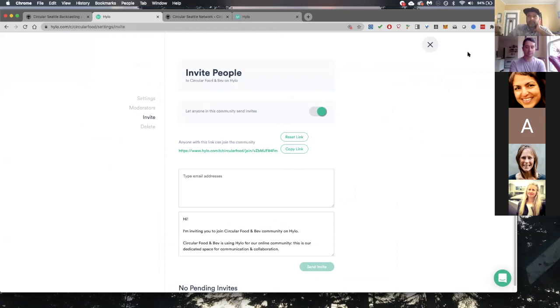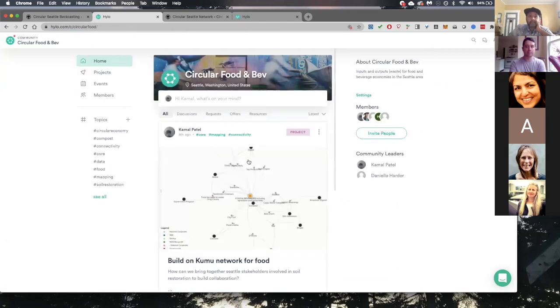And what we're hoping this group does is helps us build this first part of the network. So by posting some things you're up to, maybe it's a project that you're doing and that you want help with. The main mission is that the goal is, are you working towards a circular economy? And what part of the project are you working on that goes towards a circular economy? So that's what we're hoping to do with the remainder of the time, is actually invite you to join and add stuff.